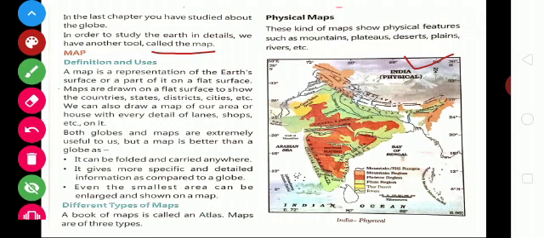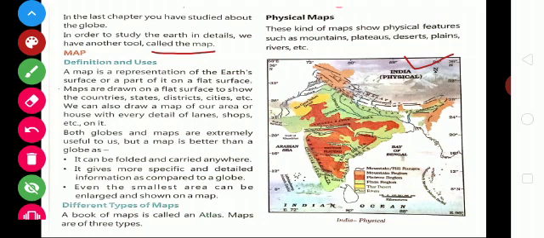Both globes and maps are extremely useful for us, but a map is better than a globe. There are lots of advantages in a map, because it is on a flat surface, so it can be folded and carried everywhere. It gives more specific and detailed information as compared to a globe.